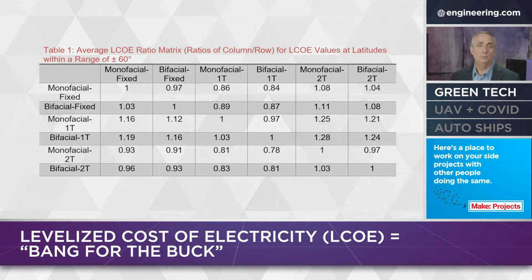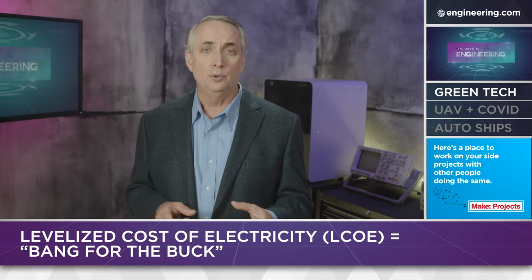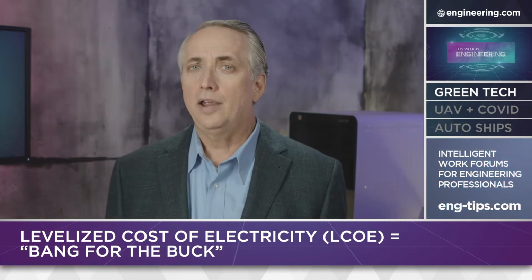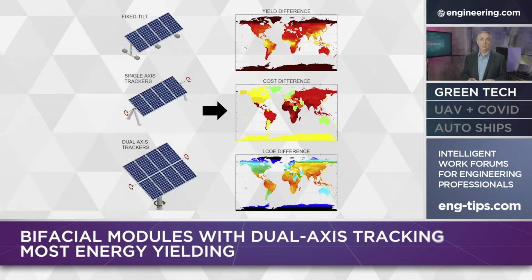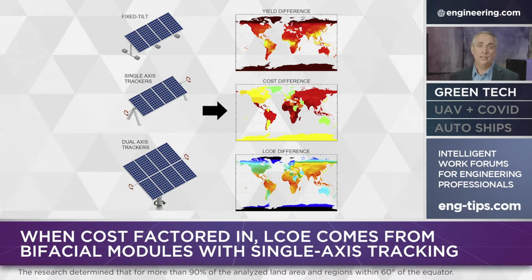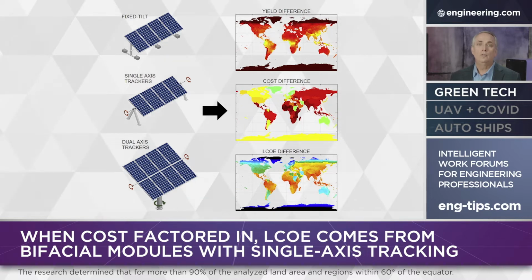The study used data from a variety of locations, cross-referenced variables, and then validated initial models and ran simulations. Not surprisingly, the Cadillac solution, bifacial models with dual-axis tracking, delivered the most total energy. But when cost is factored in, the research determined that for more than 90% of the analyzed land area, those regions within 60 degrees of the equator, the lowest levelized cost of electricity comes from bifacial modules